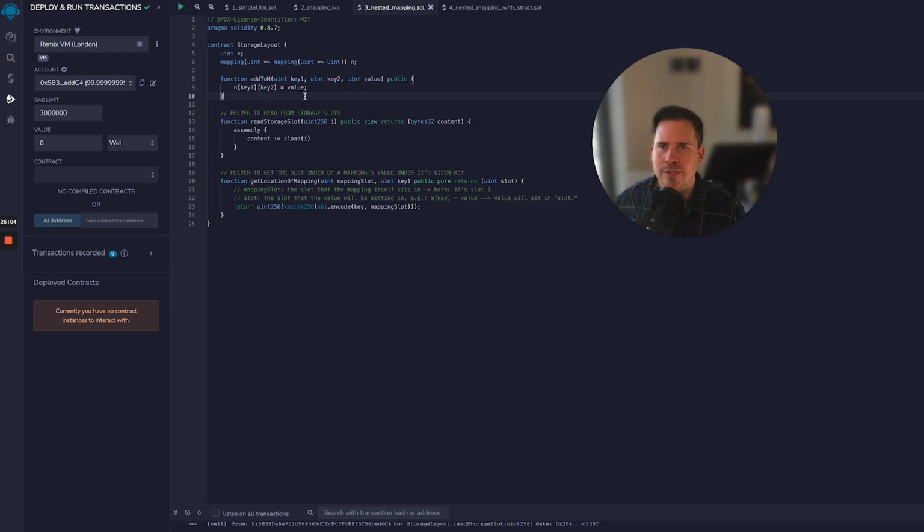And we can add things to n. So we can just say key 1 and key 2 is equal to a value. Okay, and then these are the good old helpers from before. These have not changed. You can get a location of a mapping,